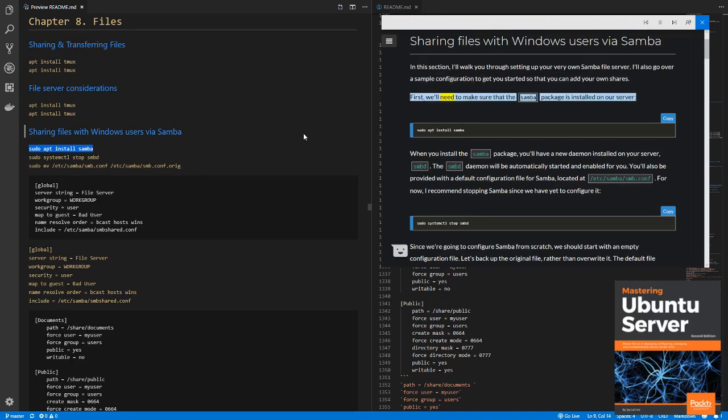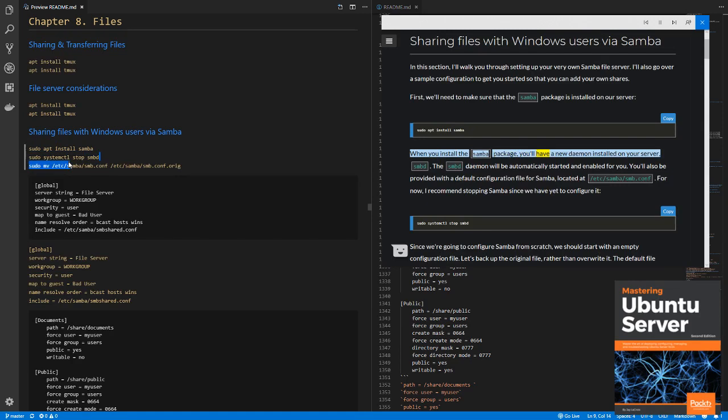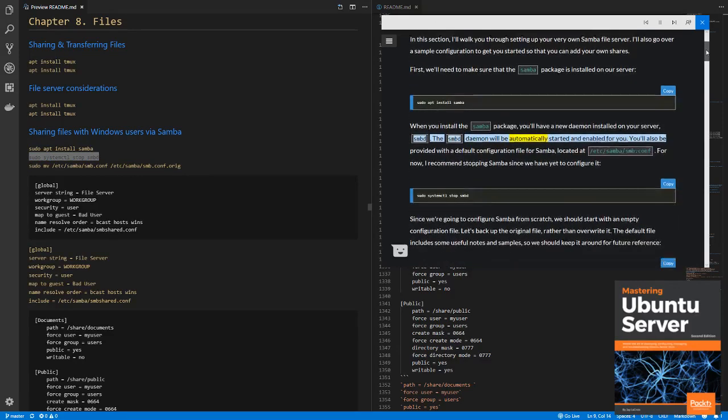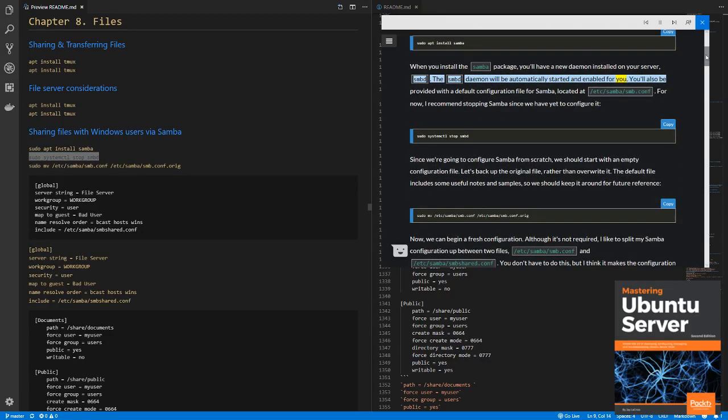First, we'll need to make sure that the Samba package is installed on our server. sudo apt install samba. When you install the Samba package, you'll have a new daemon installed on your server, smbd. The smbd daemon will be automatically started and enabled for you. You'll also be provided with a default configuration file for Samba, located at